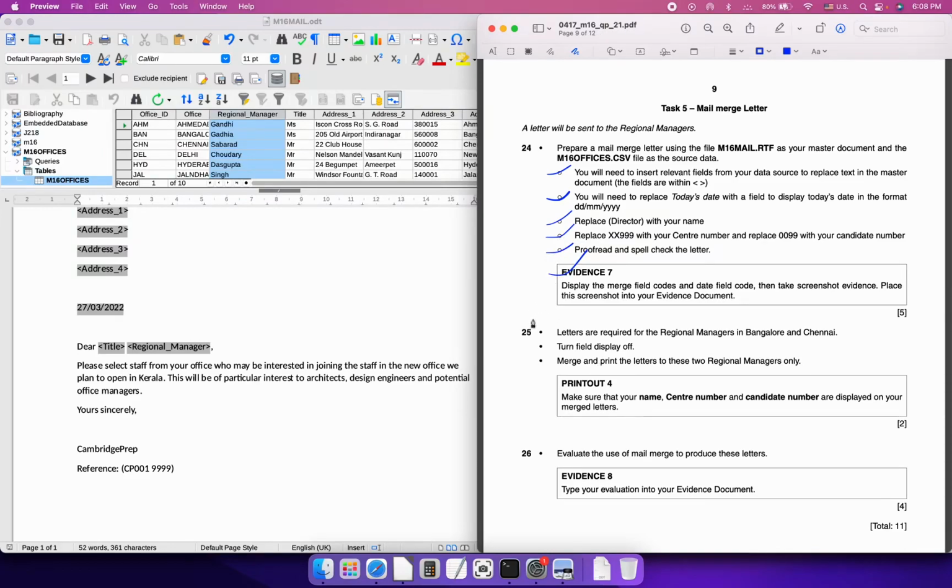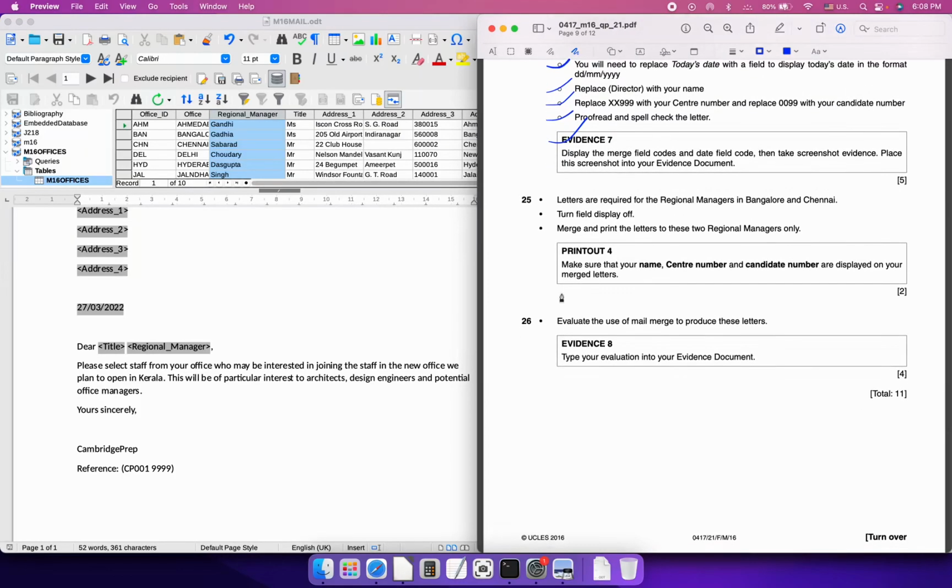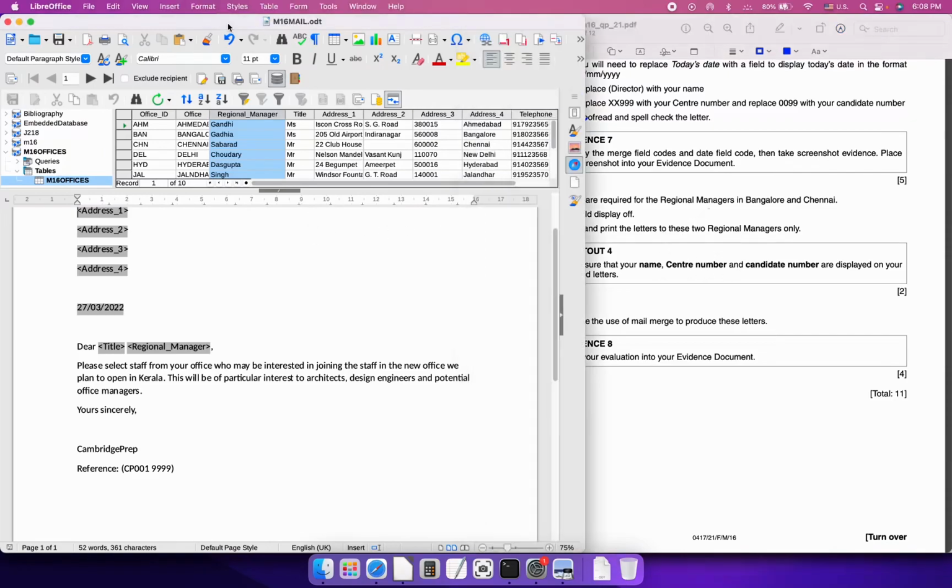Next, 25. Letters are required for regional managers in Bangalore and Chennai, and turn the field display off, and then merge and print the letters for only these two managers. So the good thing is we know in advance how many we need. Okay, we can go back to our file. What we need to do is, now that we have saved this